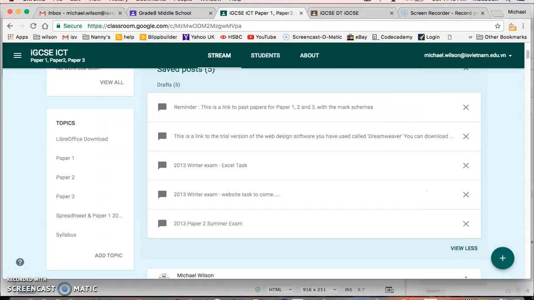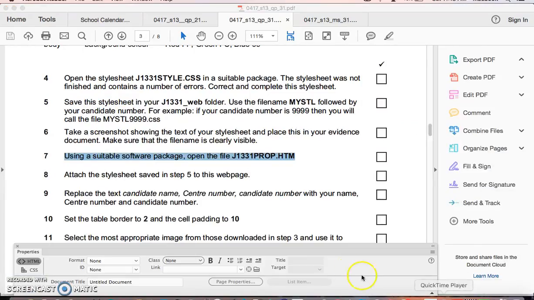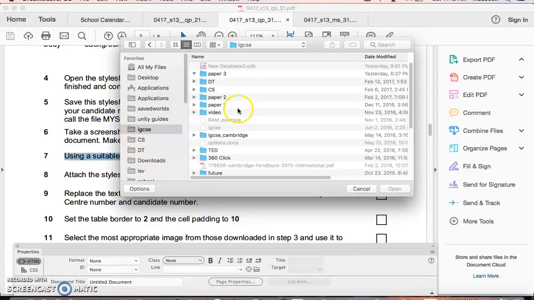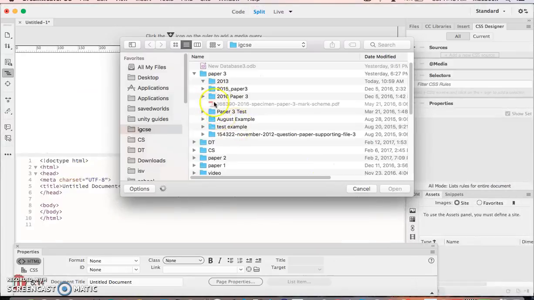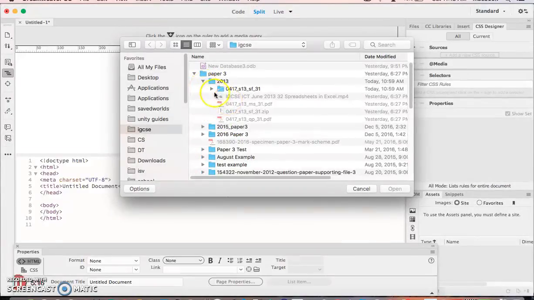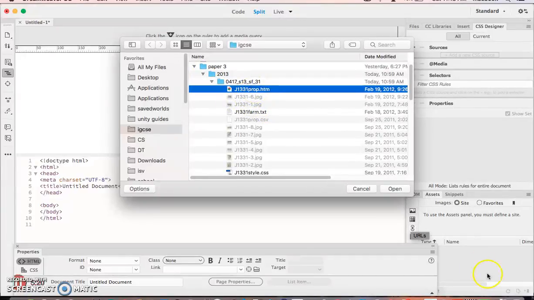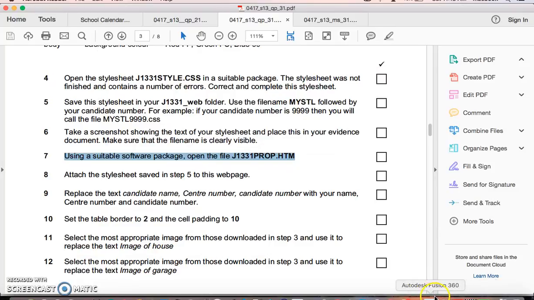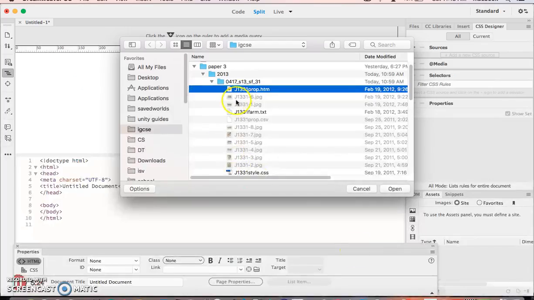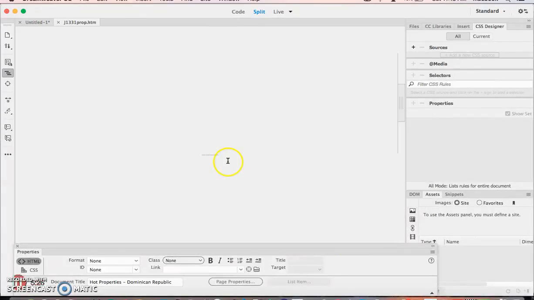I haven't looked at the mark scheme. I'm just doing this again. I'm just doing this for the first time. Let's see what's happening. Now this laptop is getting slow, so it's okay. So I'm doing Paper 3 2013, and I think it's this one we open. Prop. Okay, yeah, it's property. So this I think is to do with property. So if I click open,